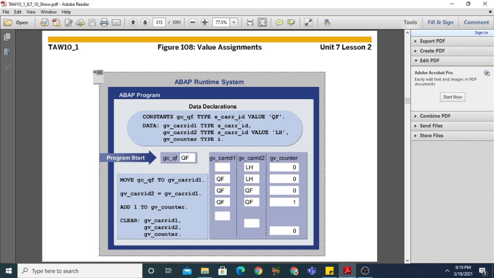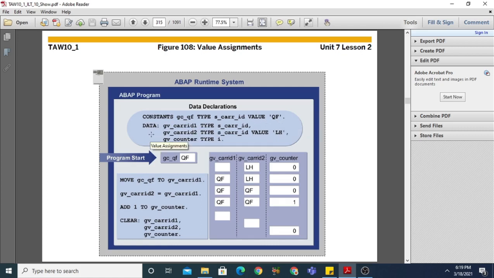Second, we have assigned some value to this data object gc_qf. We have assigned this value qf with the help of the addition called value. This addition is an optional part; whether you use it or not, it will take the value qf.